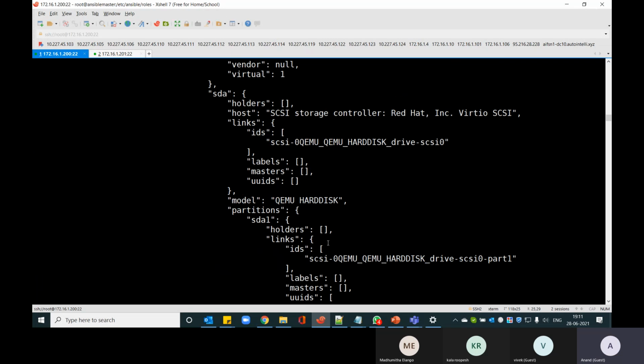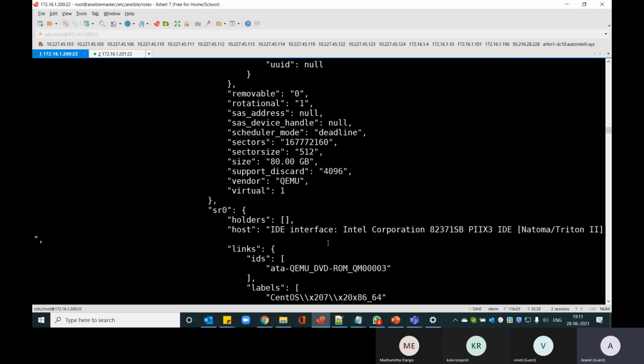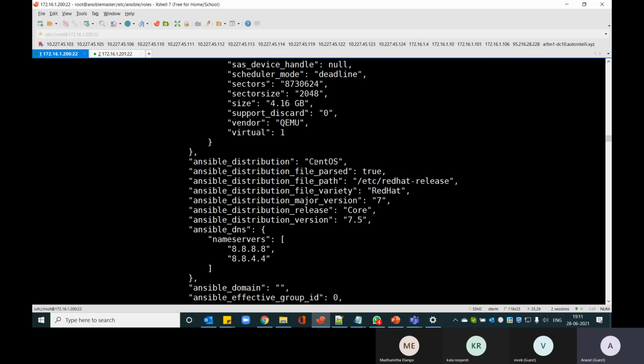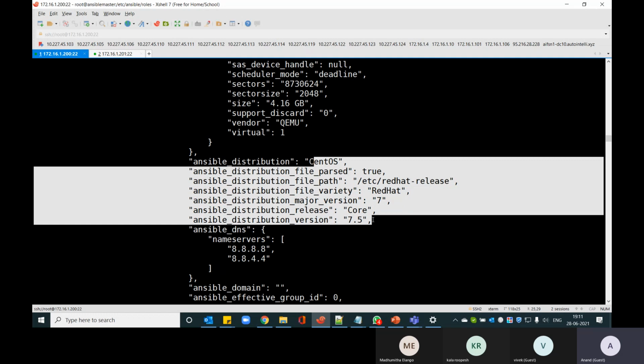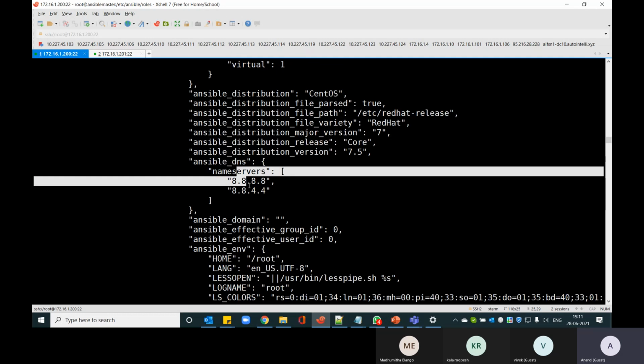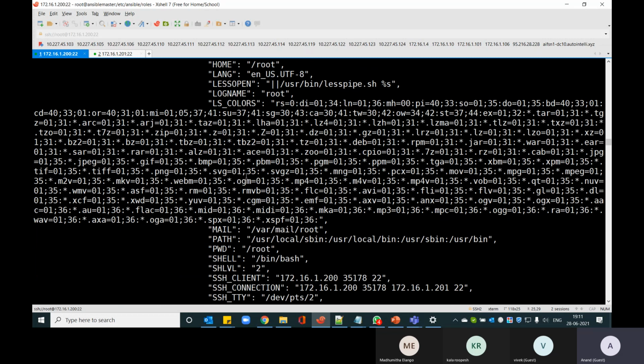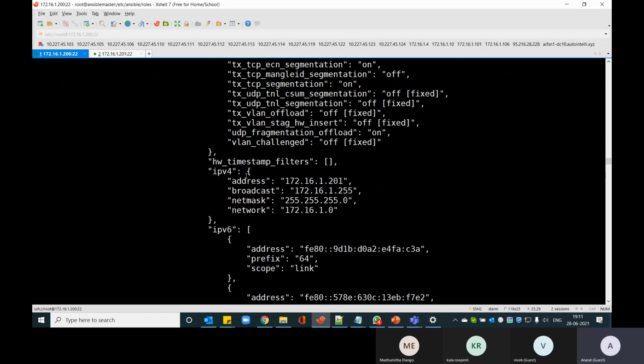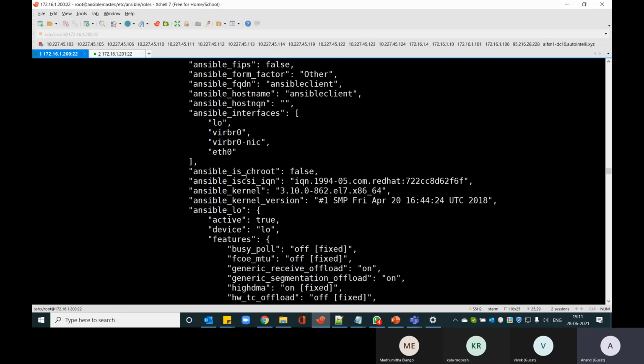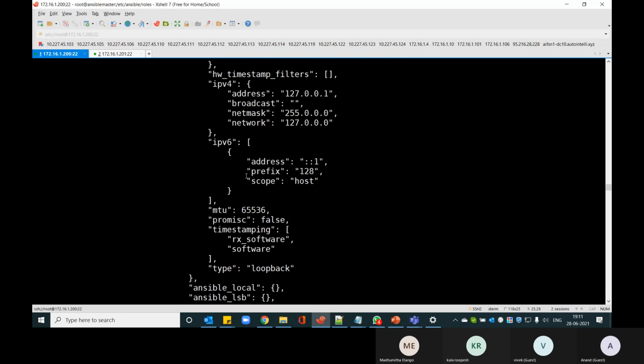What are all the physical disks? What are all the logical partitions? What is all the software installed? What is the distribution and distribution file path, Red Hat 7? What are the DNS servers configured? Domain path. All the different TCP/IP packet related information.